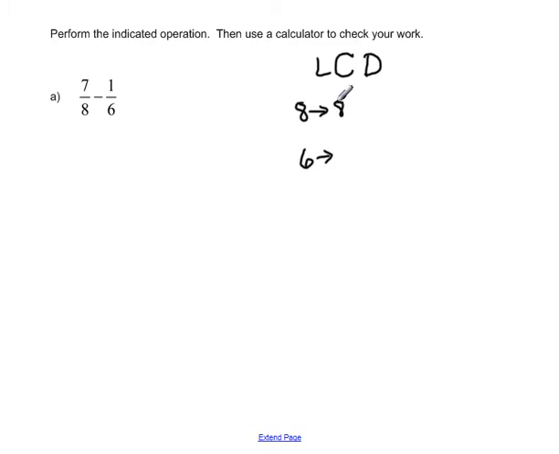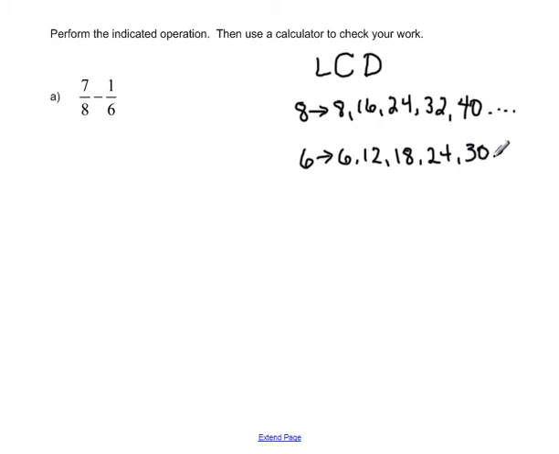8 times 1 is 8. 8 times 2 is 16. 8 times 3 is 24. 8 times 4 is 32. 8 times 5 is 40. And notice we could keep going and going, but I'm going to just stop there for now. And then when we think about the multiples of 6, doing it the same way, 6 times 1 is 6, 6 times 2 is 12, 6 times 3 is 18, 6 times 4 is 24, 6 times 5 is 30. And again, I could keep going on and on, but I've actually gone even a little bit too